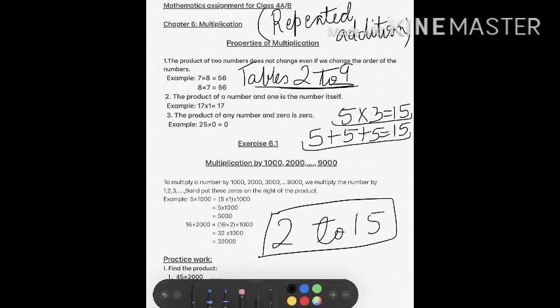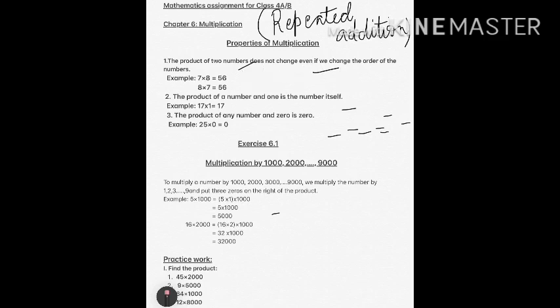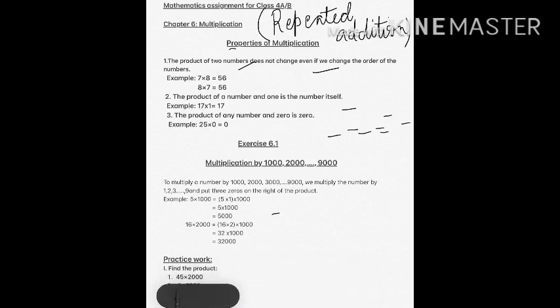All right, students. So let me clear the screen so that it's more clear to you when we learn further. Right, students. So I'll take my pen in my hand. Now we'll begin with the properties of multiplication. There are 3 main properties of multiplication which you have to focus on.